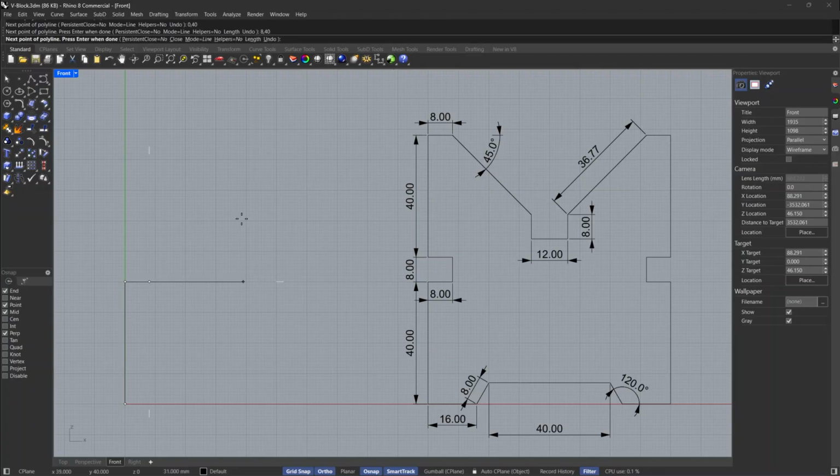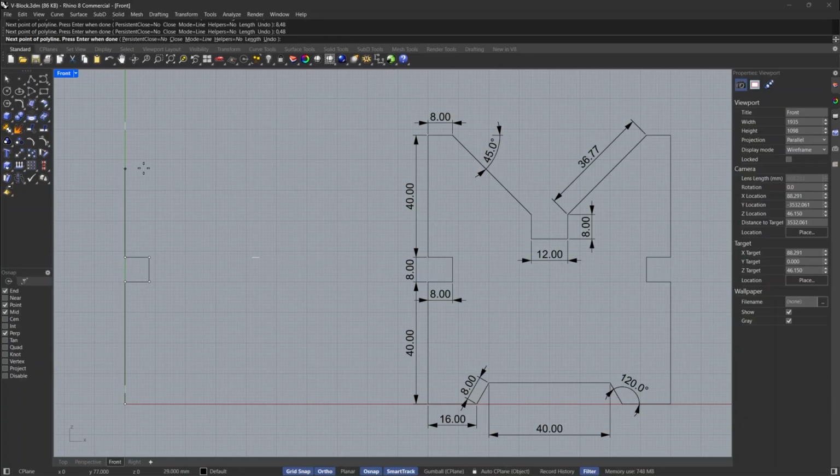These are absolute coordinates. For the next point, type 8, 48 and press enter. These are absolute coordinates. For the next point, type 0, 48 and press enter.